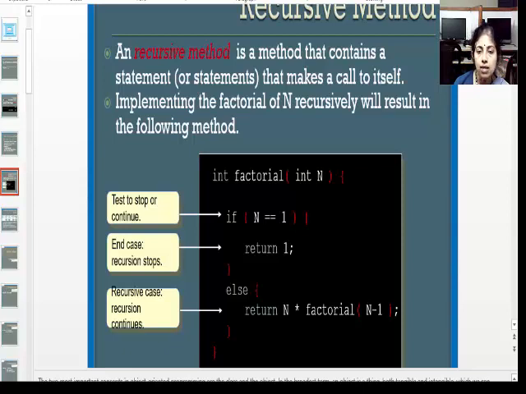So base case always helps us to come out of the function, else it goes into a loop, that is the recursive function call. Once again you are calling the same function just by changing the input parameter, and in place of n you are just passing n minus 1. So you're reducing the size of the problem and changing the input parameter and calling the same function once again. So this loop continues until it meets the base case. Whenever it meets the base case, it returns a solution to its immediate parent.